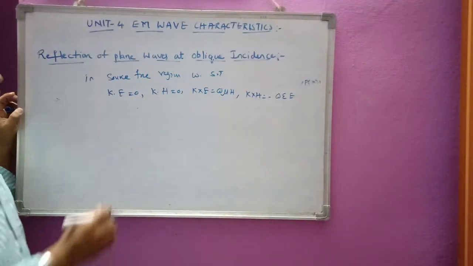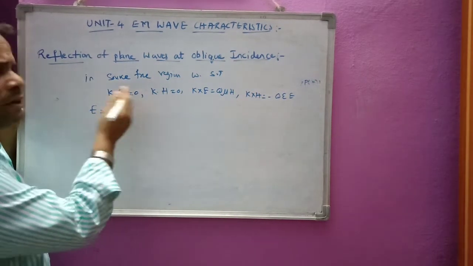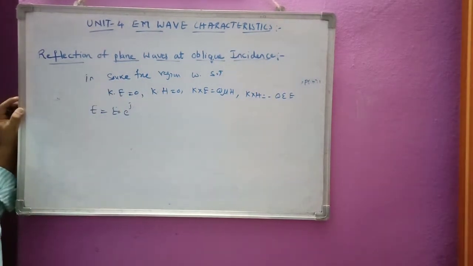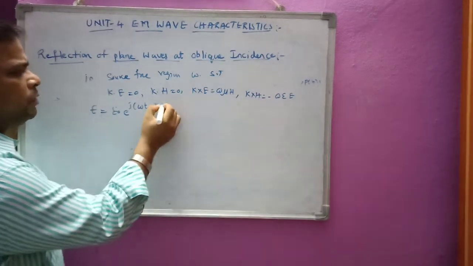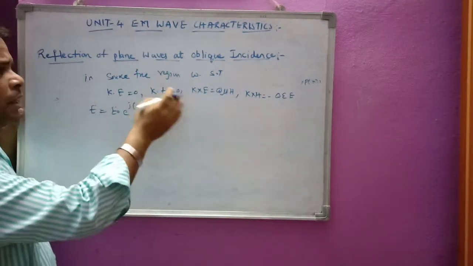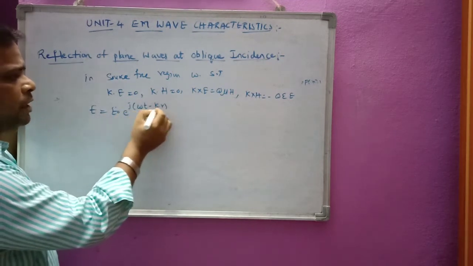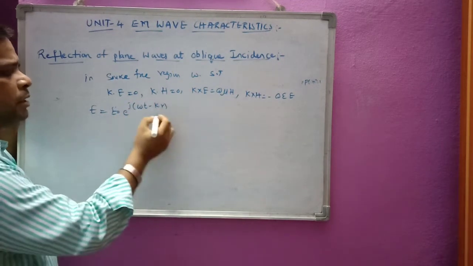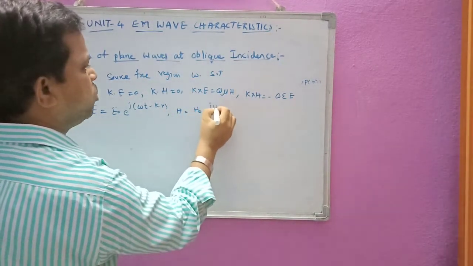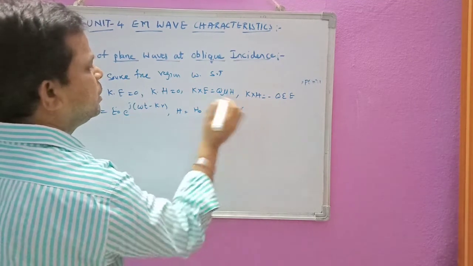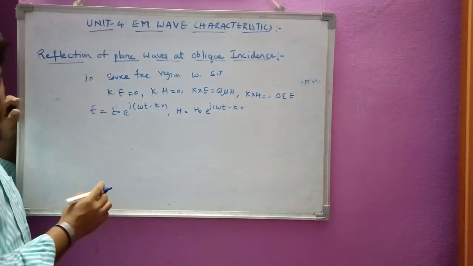So we have to take the two equations, that is E is equal to E naught into e power j omega t minus k dot r. You can show all these equations by taking either of these two conditions, e power j omega t minus k dot r or e power j k dot r minus omega t, and H is equal to H naught into e power j omega t minus k dot r. So now I will take these two equations. I will try to show first the first condition, that is del cross E is equal to minus dou B by dou t.